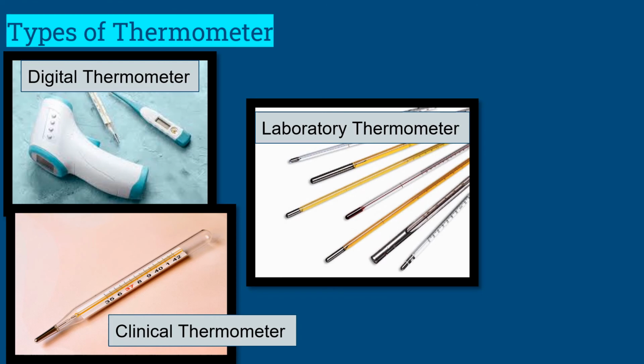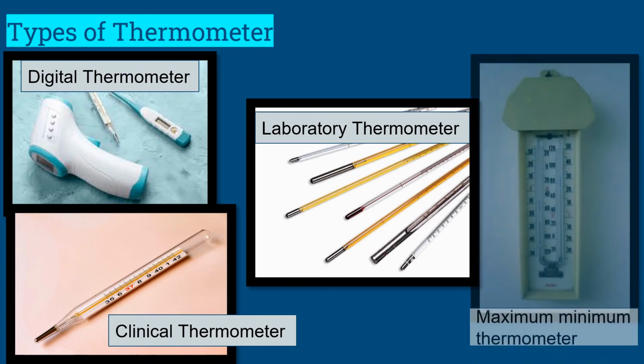Apart from that, there are thermometers used in laboratories, shown over here, and they have a huge range, special ranges as well. They go from minus 10 degrees Celsius to 110 degrees Celsius or even larger, and they can measure minimum temperatures as well. Apart from that, to measure the temperatures during the day,